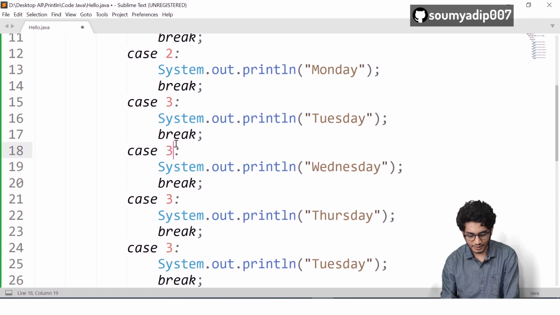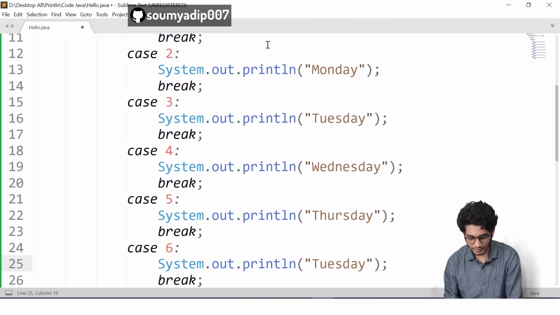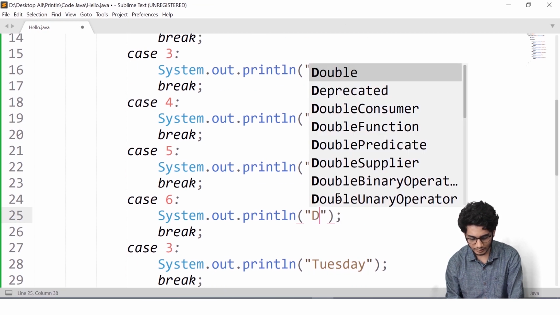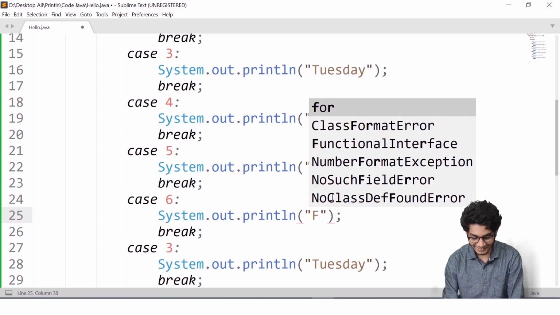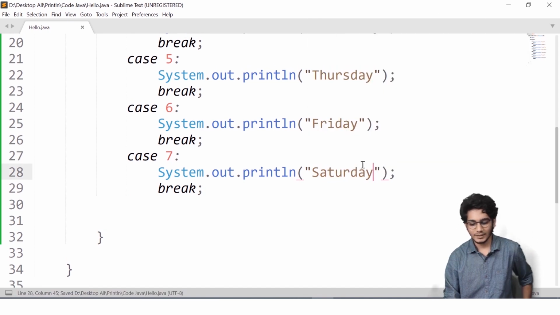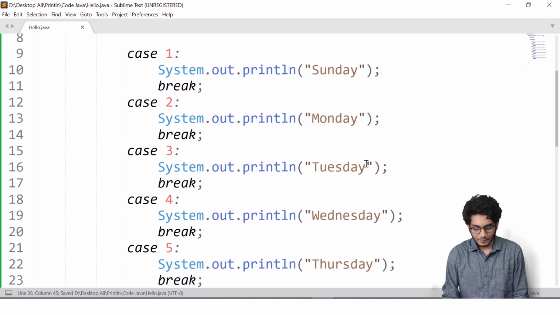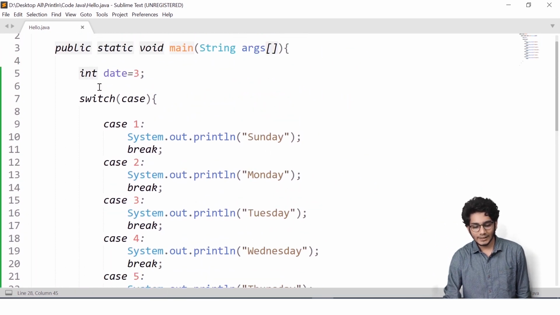I've written Tuesday, Wednesday, Thursday, Friday, and Saturday. So these are the respective cases that we have written. So what is the date? The date is 3.